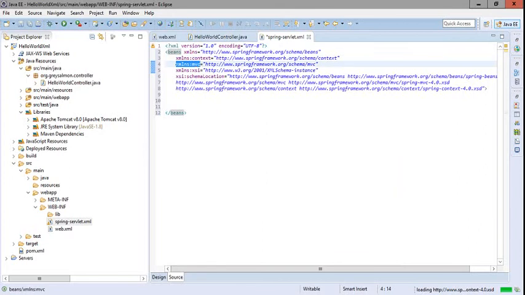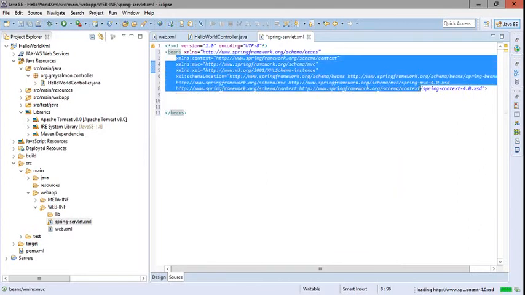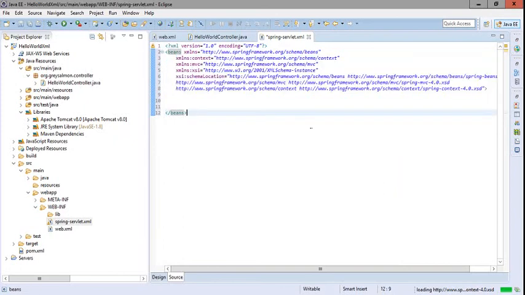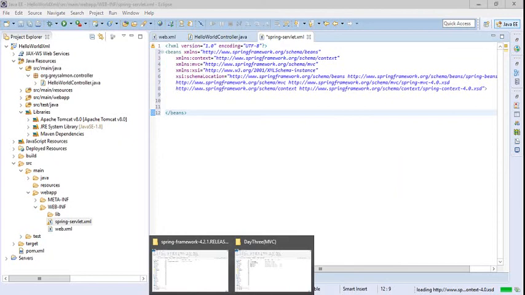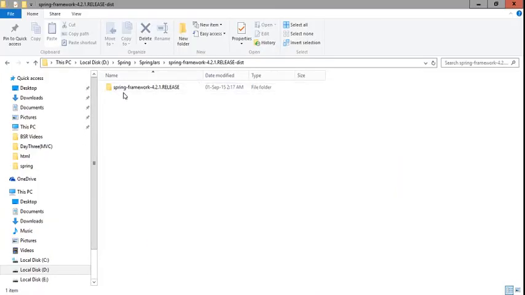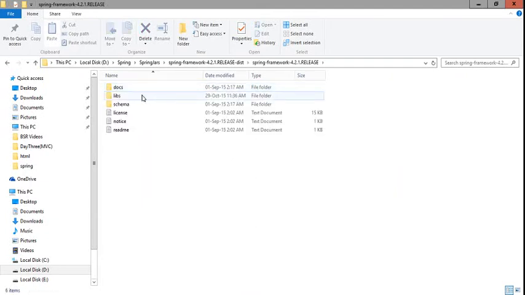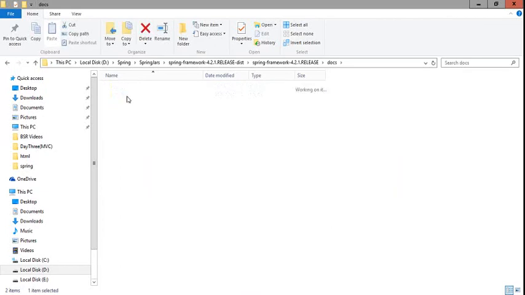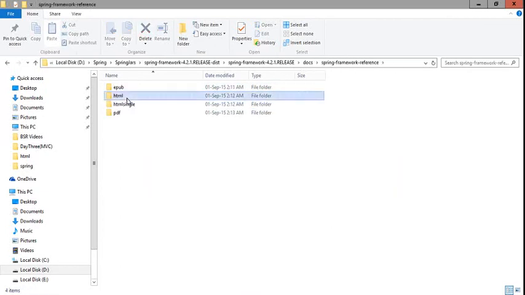Now we can get these namespaces from the jar file downloads which we have downloaded from the Spring framework. As you have downloaded the complete Spring framework, which includes all the required jars, if you go into it, there are 3 subfolders. Go to docs, go to Spring framework reference, then to HTML.